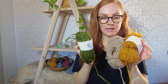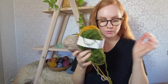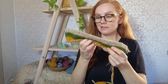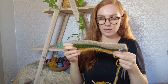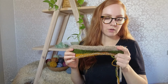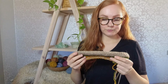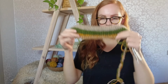So I found out that I also had Rauma Vams in my stash in these colors, and even white and gray. So I started on one more slipper, and I'm gonna make them striped to use up all the little scraps. I'm just going around now, and then I think that the yarn will not be enough for stripes on both the inside and outer foot. So the inside part of the slipper is gonna be one color, like the other colors that I have, and we will see how far I will get with the yarn that I have. But this is a little start,